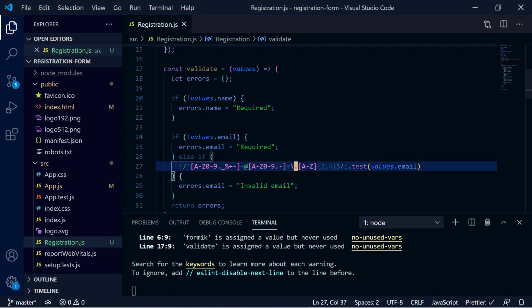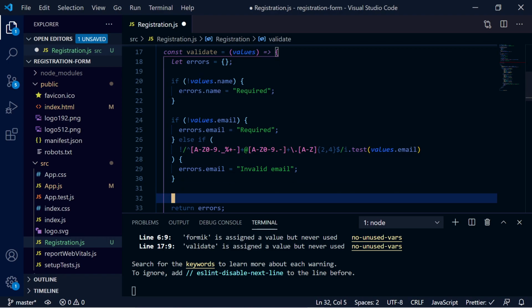After that there will be one dot, and after the dot we will have A to Z characters, and those characters will have length 2 to 4, right? Like .com, .in, which have at most 4 characters. The i means case insensitive. So we want to match this regular expression with the string in a case insensitive way. It can be capital, it can be lowercase, it doesn't matter.